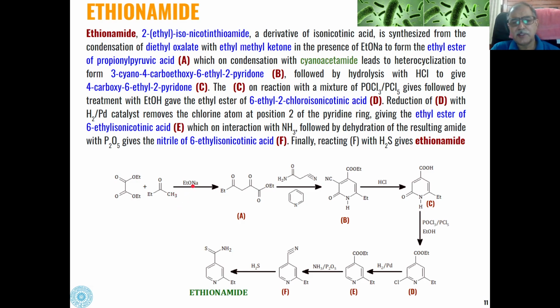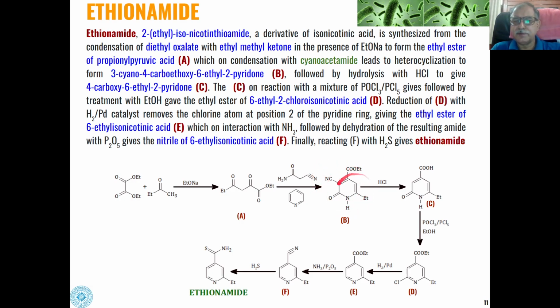Basically, in presence of base, a carbanion will be generated at this place, and this will attack this carbon of the carbonyl with the elimination of ethoxy group from here. So H from here, ethoxy from here. Ethanol will be removed, and we will get this type of propionyl pyruvic acid ethyl ester, and this